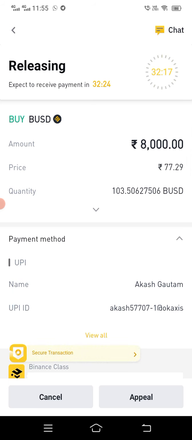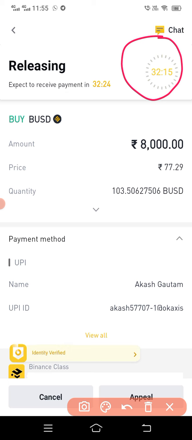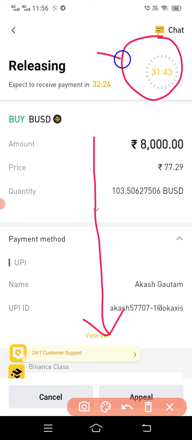So I'm waiting. You see here timer is given 32 minutes 16 seconds, but it will not take that much time, but it's the time which is mentioned here because we'll get panic, no. So sometimes it may happen, but very rare case it will happen. How many BUSDs and everything is given in details. So he will send you the amount. We have to wait for it, confirmation. See, every detail will be given very clearly, and many videos are there on this. But I'm a beginner. I'm doing on my point of view.